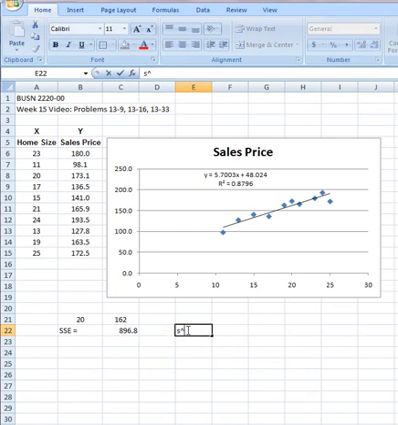S squared equals SSE, which is this value right here, divided by n minus 2. And we know that n is 10. There's 10 samples, so that n minus 2 is 8. We have 8 degrees of freedom. So that says S squared is 112.1, and S is therefore the square root of that value,